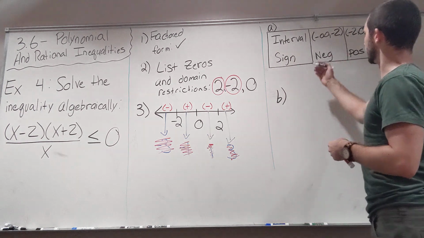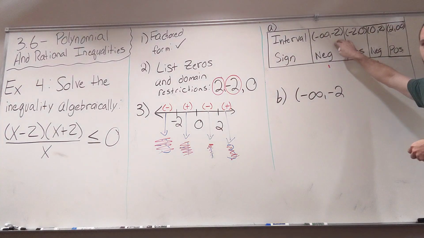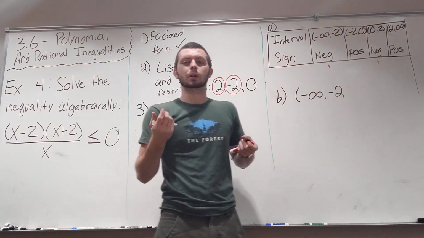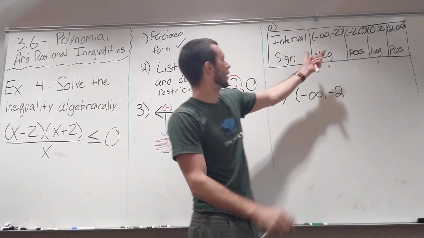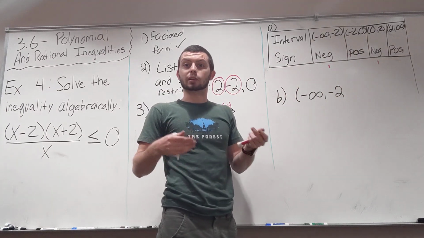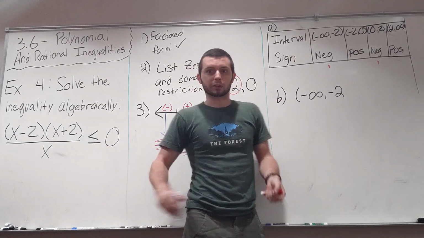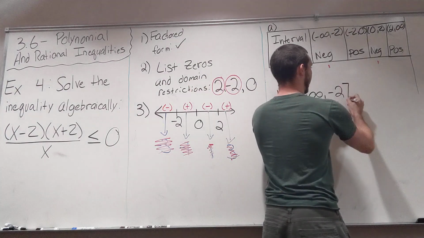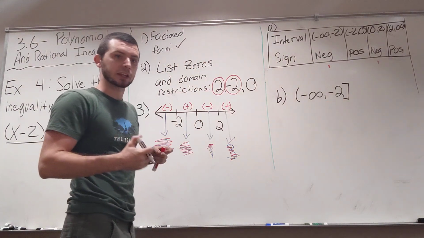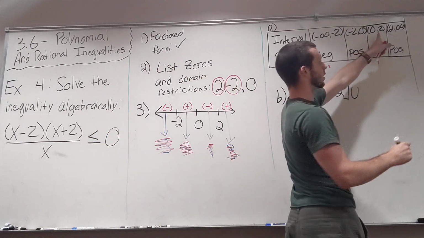For this column, the interval is negative infinity to negative 2. And that's where this chart gets a little bit misleading, because if you didn't notice that, you would just put down this interval, union this interval, and think you're done, and then wonder why it's telling you you're incorrect. But this equal to part tells you that any zeros have to have a bracket on them. Negative 2 is a 0, so it has to have a bracket to correspond to the equal to part here. And then union, because we have another segment,